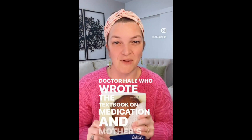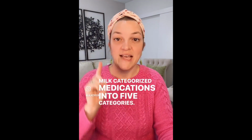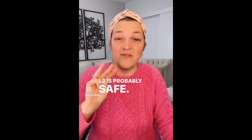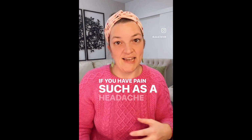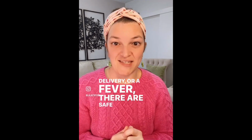Dr. Hale, who wrote the textbook on medication and mother's milk, categorized medications into 5 categories. L1 is considered safest, L2 is safer, L3 is probably safe, L4 is probably hazardous, and L5 is hazardous. If you have pain such as a headache, body aches, pain post-delivery, or a fever, there are safe medications to